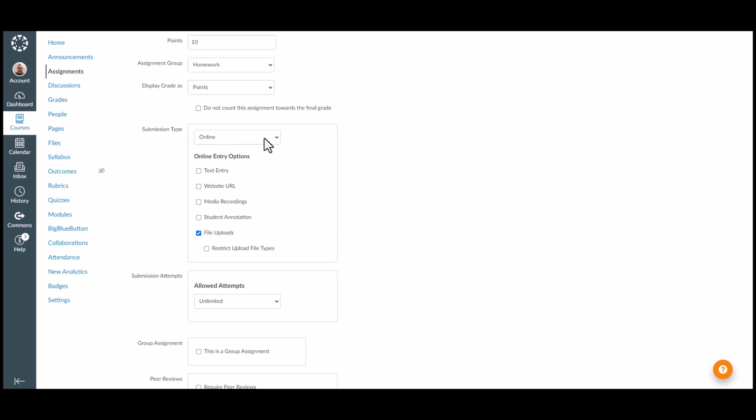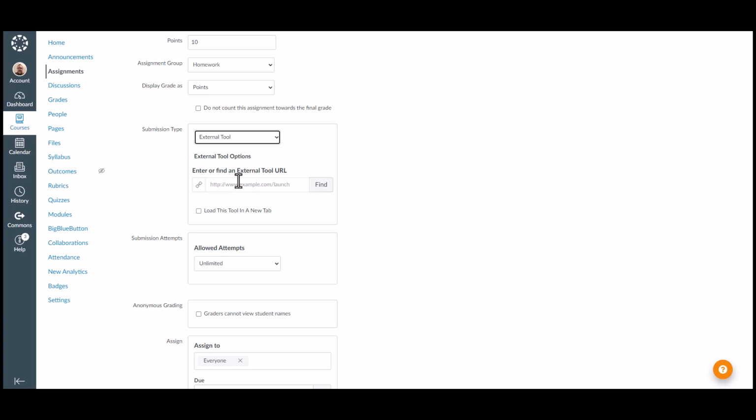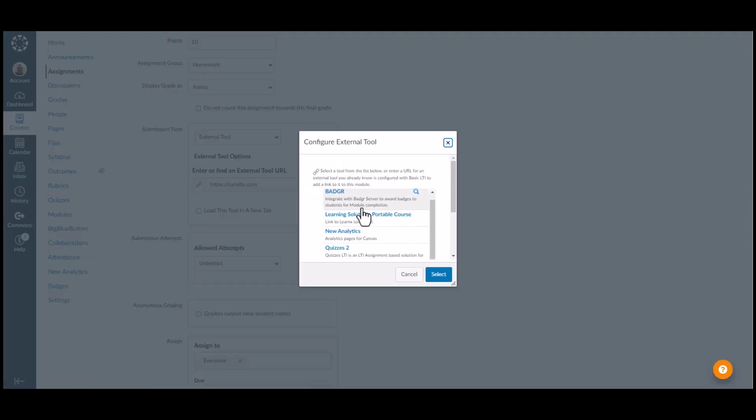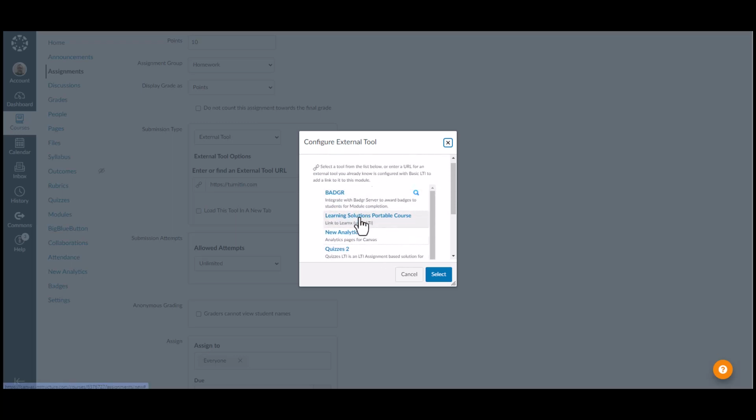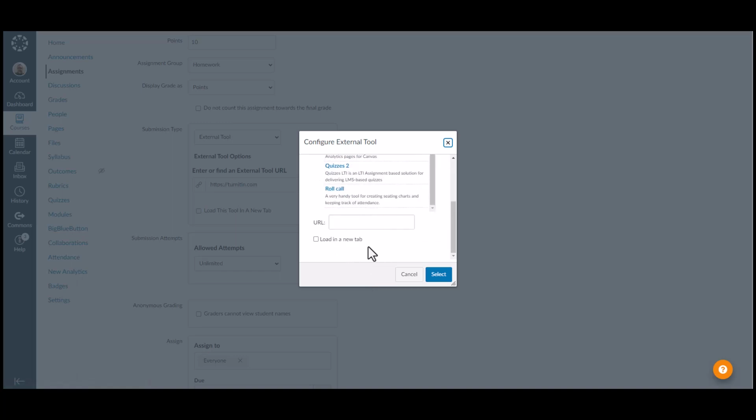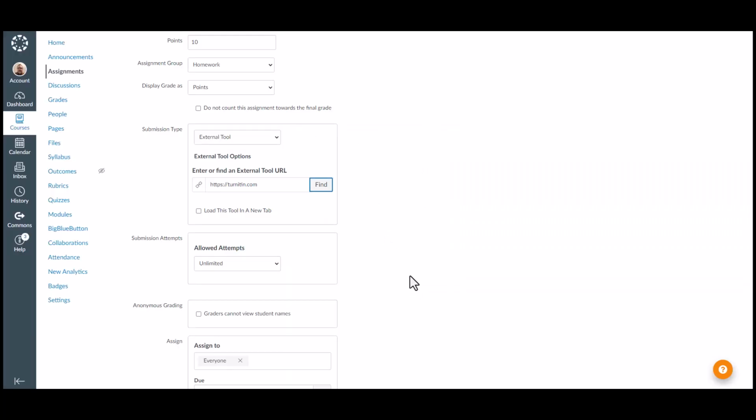but also if we were to include Turnitin, what you would do is select the down arrow and choose external tools, and then you can put in the address of Turnitin, and you can find it, and if it was available to you, it would be available inside of here. Because the admin has not allowed us to use Turnitin, it is not in here, so I can't show you that, but you could also go at it in a different route, and that would be to go to